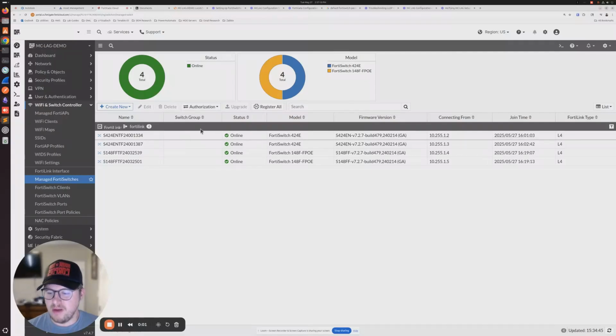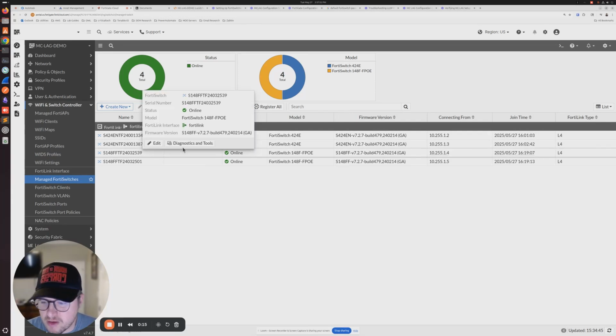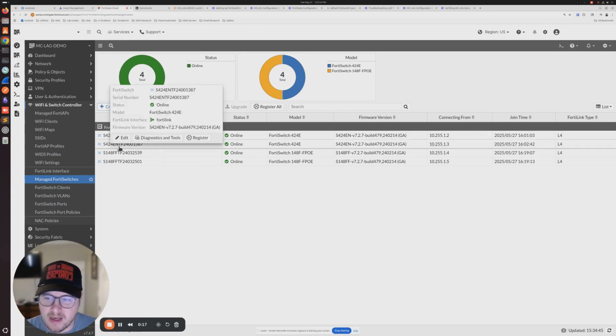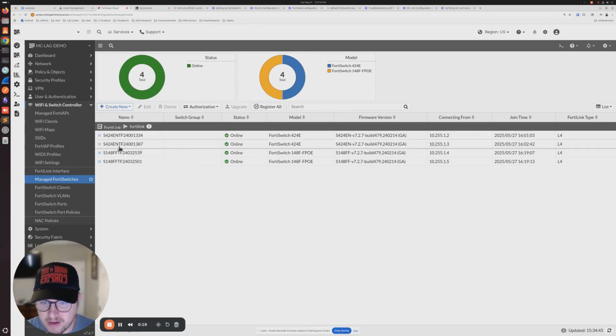In this tutorial, I'm going to show you how to change the local password for all of your FortiSwitches that are managed by your FortiGate. So there are certain things that you can do in the FortiGate command line to control your FortiSwitches, but there's also a lot of troubleshooting and diagnostics to where you actually have to either console in or SSH directly into